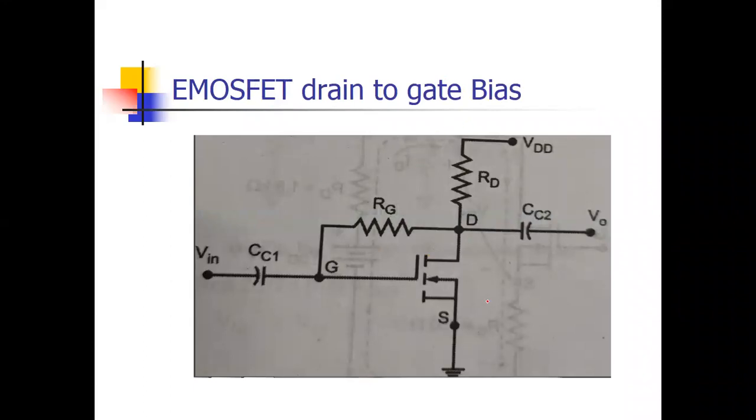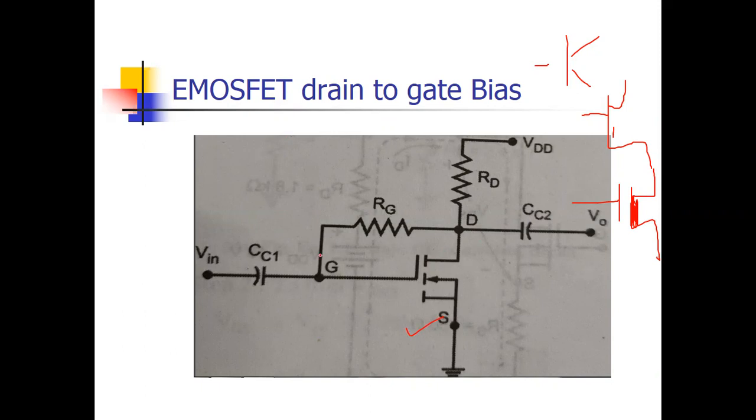Remember, here is the symbol of E-MOSFET. Dotted or broken lines indicate that there is no channel during fabrication. We have to enhance the channel, that's why it's called E-MOSFET. Remember, this is the symbol of BJT, this is the symbol of FET, okay? This is the symbol of D-MOSFET, where we indicate a channel, and this is the symbol of E-MOSFET. It simply means there is no channel during fabrication.